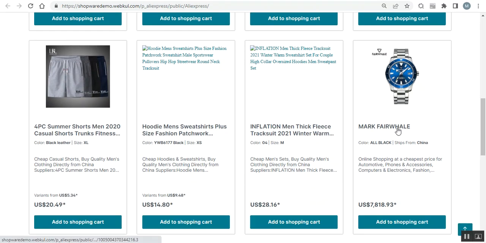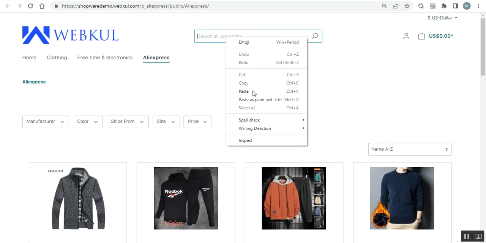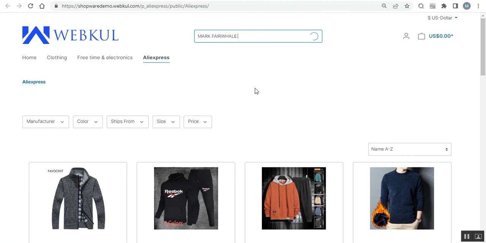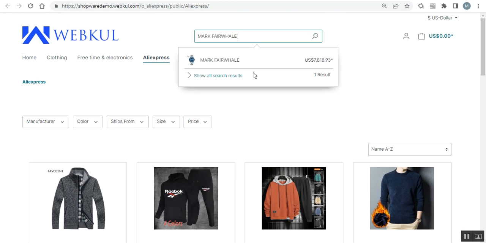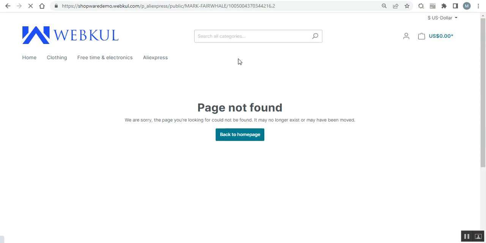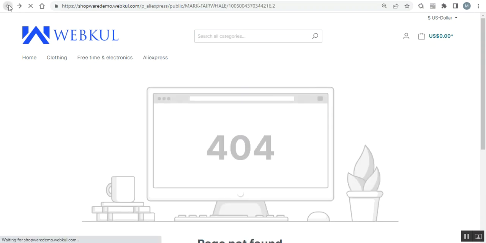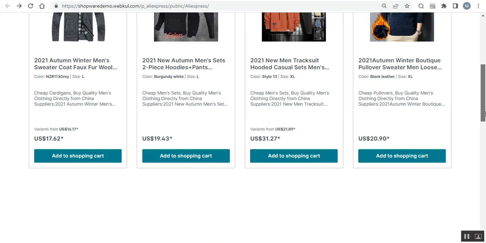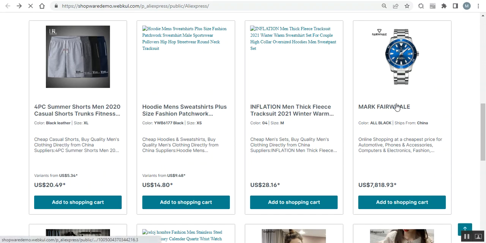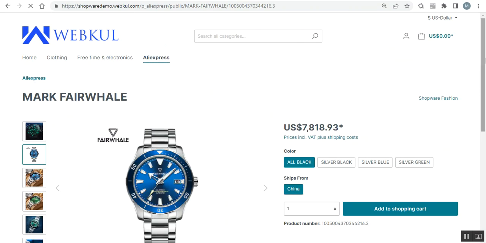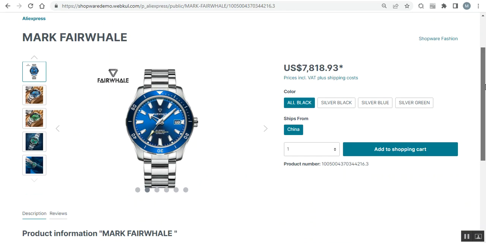So here's the Mark Farewell that we had just imported. We had changed the name to Mark Farewell, and I can also search for the particular product there. If I go ahead, I'll search for the Mark Farewell. Here's the product. We can open the product. We can go to the product as well from this particular section on the category page there,